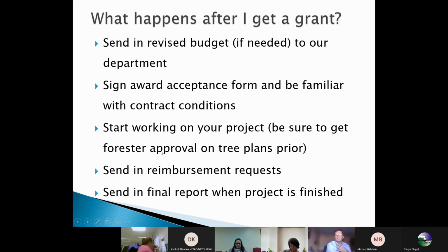So that's what this page is about. Give me a revised budget if needed. Then I will draft an award and acceptance form, which is a contract that will have the dates, the names, the amount, and any conditions. Some of the conditions on the award of the grant would be that for tree plantings, you have to have a service forester take a look at it. Those types of things